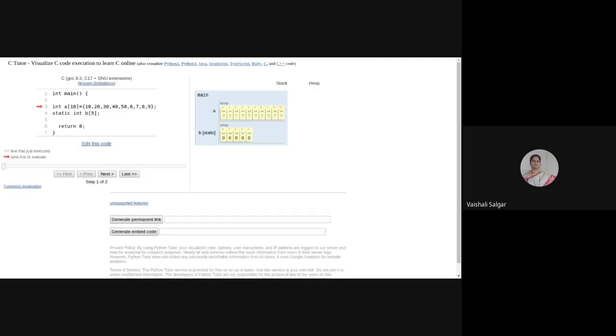Are you able to see something? Now tell me, what's the difference? Can anybody let me know? See, I have declared the first array, integer A, array of size 10, and I have declared a second array B as static of size 5. So what is the difference you have observed at compile time?